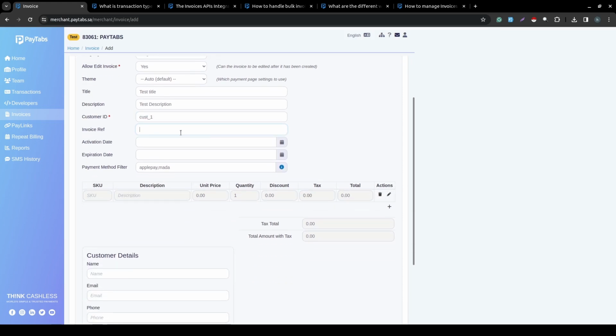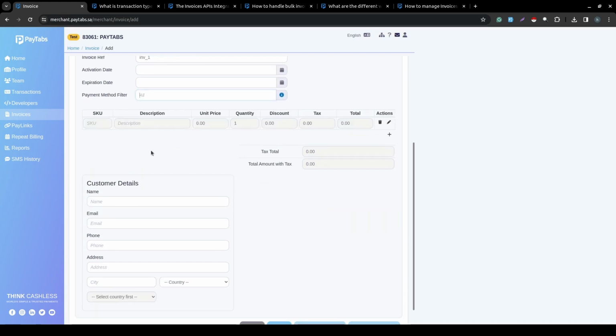I'm going to set the invoice reference to be inv_1, for example. I'm not going to fill in any activation or expiration date, and I'm going to leave the payment method field empty to have all the payment methods. Now we are going to the next part of creating the invoice, which is your products. Your products can be added manually from here by filling in a list of product details, and each detail will contain an SKU, a description, a unit price, a quantity, a discount, a tax, and a total amount